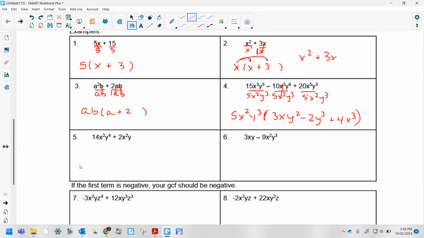14 and 2, GCF is 2. x squared, GCF is x squared. y to the fourth, y, GCF is just y. So we're going to divide by 2x squared y. 14 divided by 2, 7. x squared, x squared, we don't need it. y to the fourth divided by y to the first, y cubed. Next, we have 2 divided by 2, x squared divided by x squared, y divided by